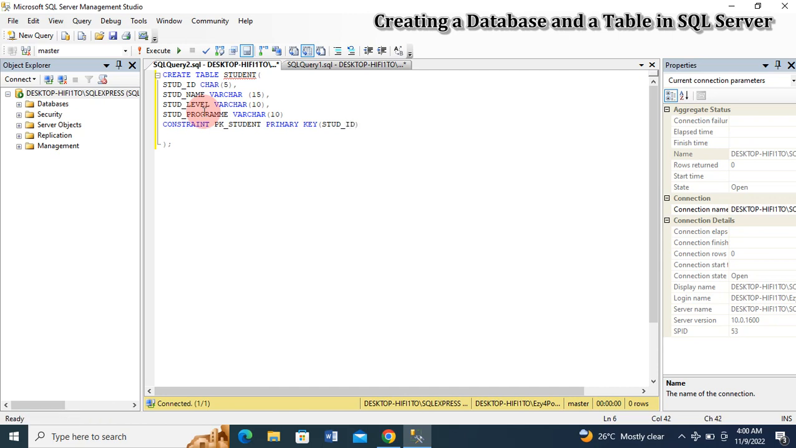So the field that I want to use as a primary key is my student ID. Now my student ID being the primary key cannot have duplicate values. Okay, so now that I am done doing my table, the next thing I have to do is to click